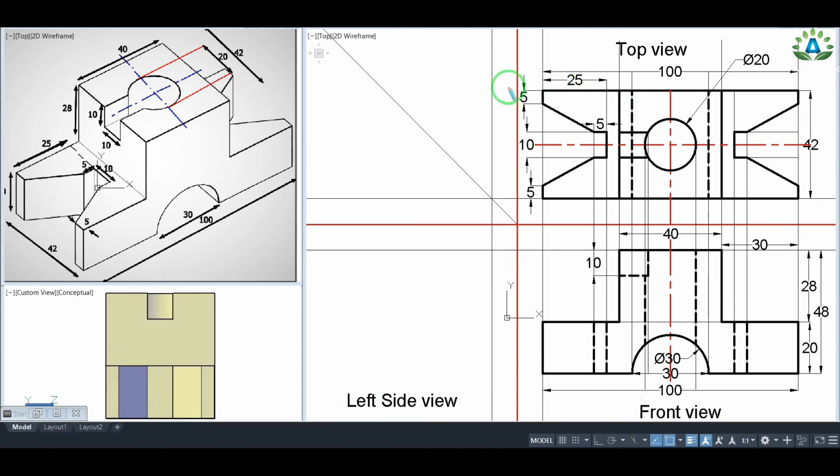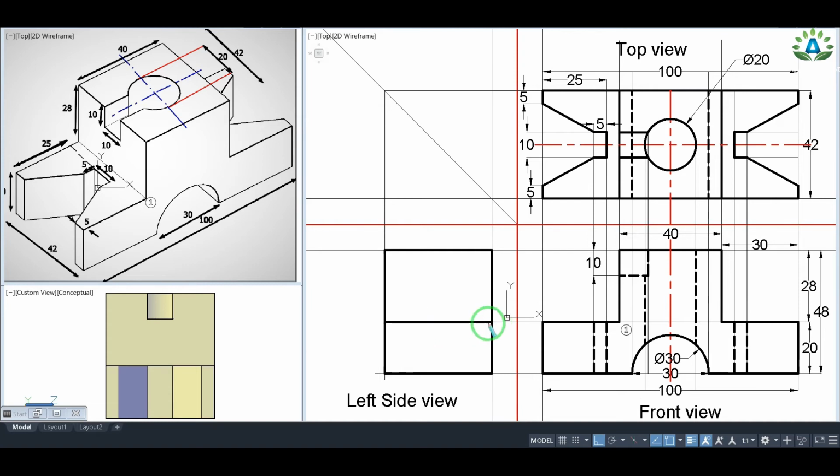Now we have to project the line from this side and this part to the left side view to make the boundary of this left side, like this. So the side view will be made only within this area. Now we will be able to see this solid line from our left side view, and this point resembles this point in our front view. So we have to project a line coming from this point to the left side view, like this. And this line will be visible as a dark solid line, like this.